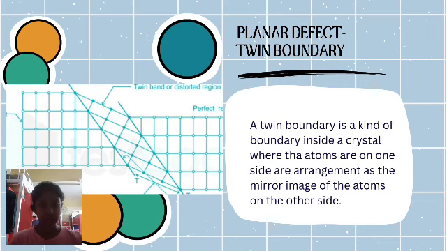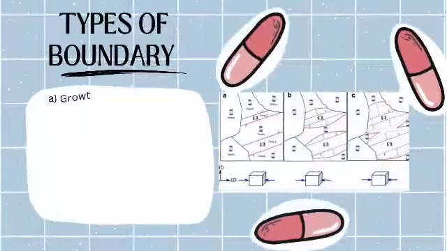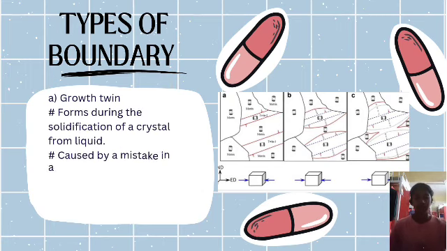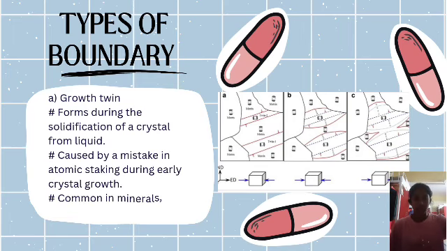For example, in HCP metals like magnesium, when temperature is low, applied stress is very high, and loading is very fast, twinning provides the material an escape mechanism to prevent cracking. There are two types of twins: growth twins and deformation twins. Growth twins